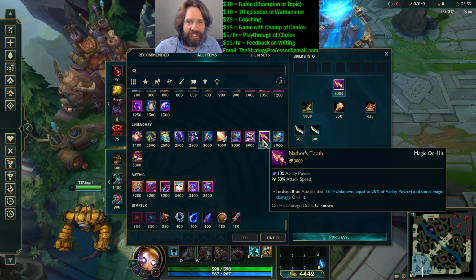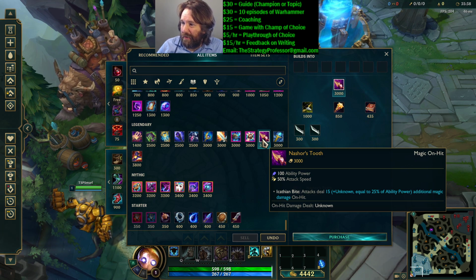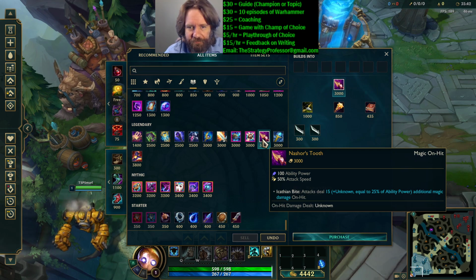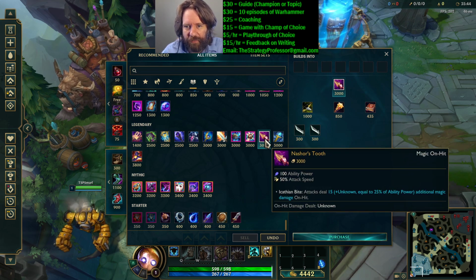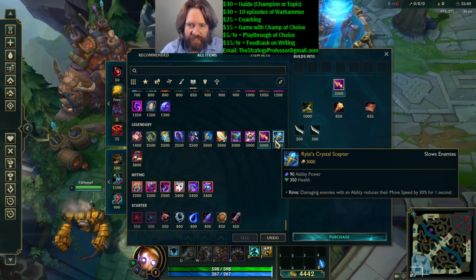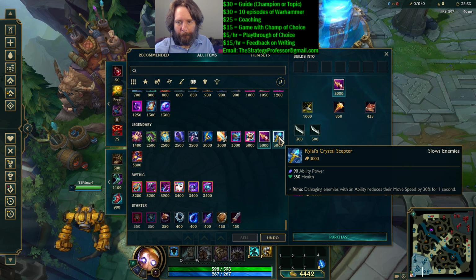They call it Acathian, which makes me believe they think it should be for Kog'Maw. If they increase Kog'Maw's AP ratios, maybe Kaisa would really love it. But yeah, it's a very interesting item. I don't think a lot of champs are going to get it, but it could be good in the right situation. Rylai's, I feel like this was a nerf,